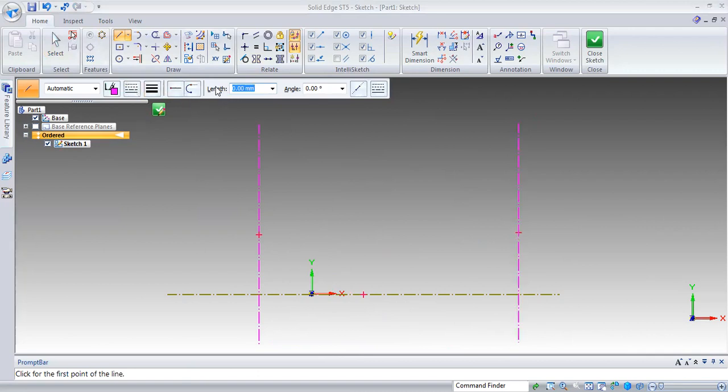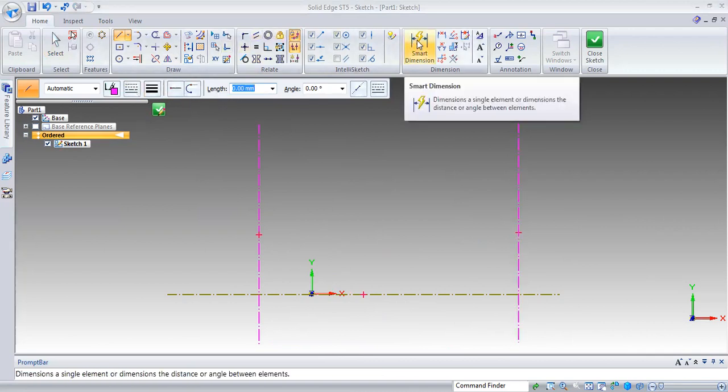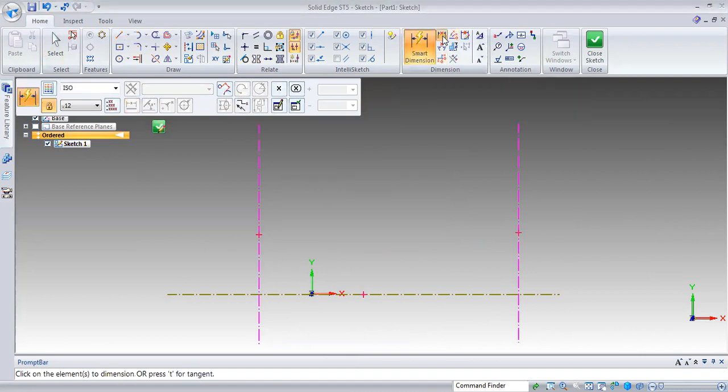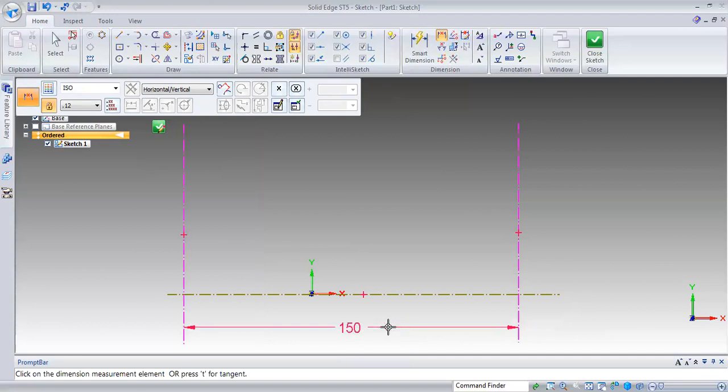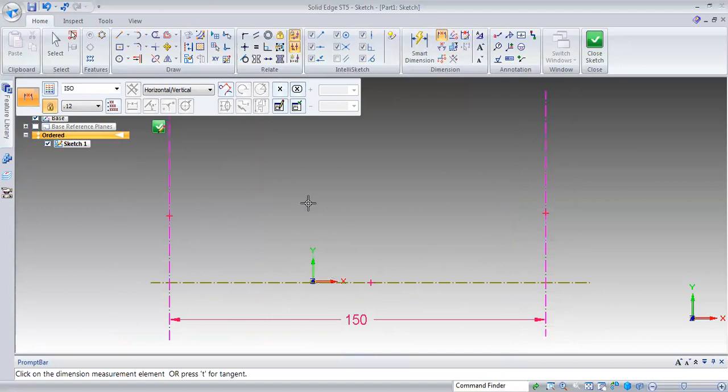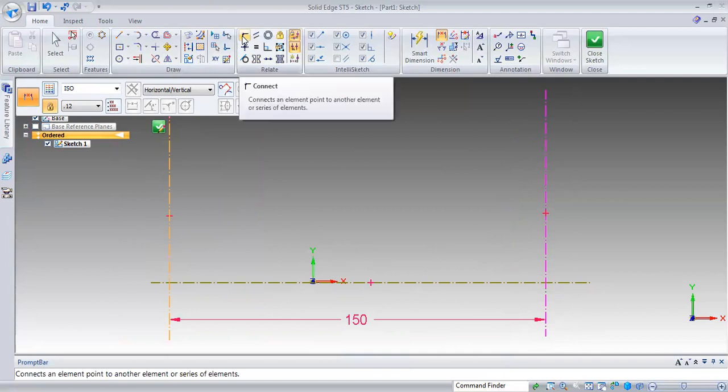Next, you have to measure the distances. Left click. So next, if I want to place this line to the y-axis, then you have to go for the option called connect.